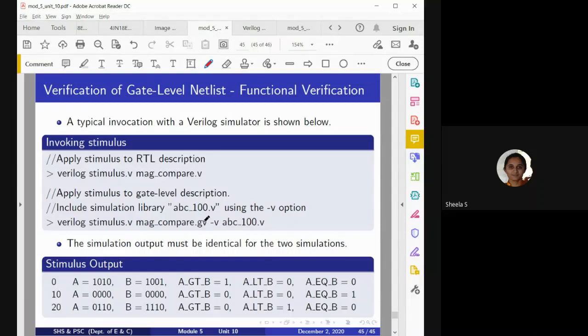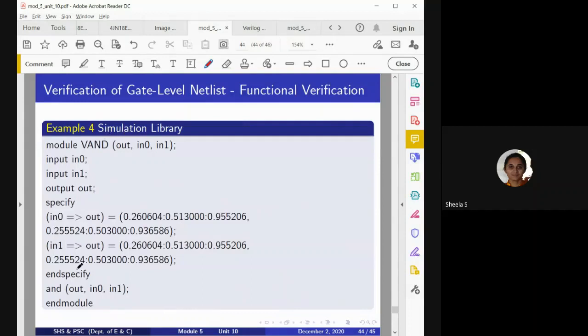So here we are considering the gate level description developed by the synthesis tool, and then -v is used to indicate that we are using the library defined by the corresponding vendor, and here the example taken is the vendor library abc_100.v. So we have to include this while simulating. That is one of the examples.